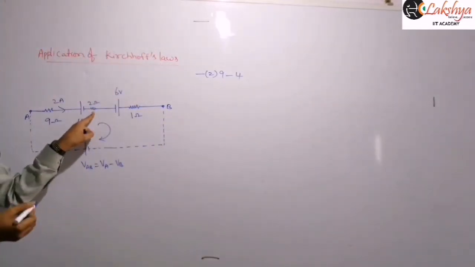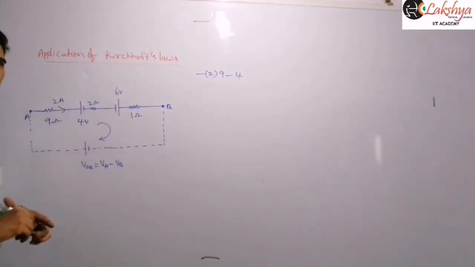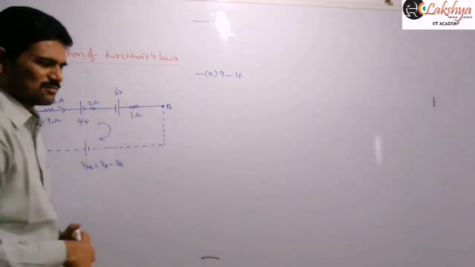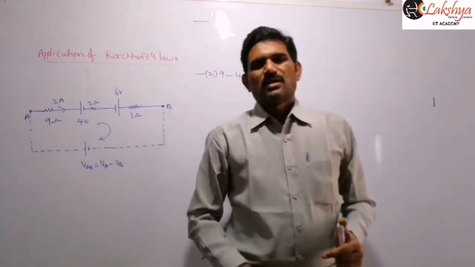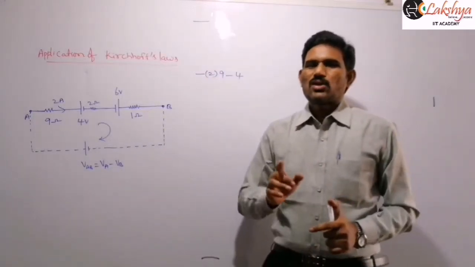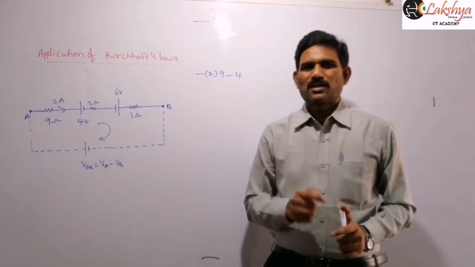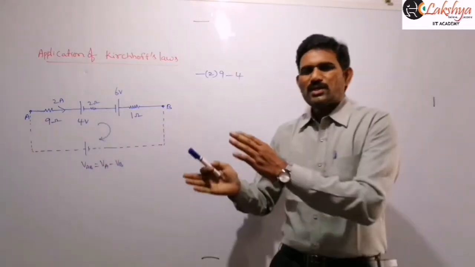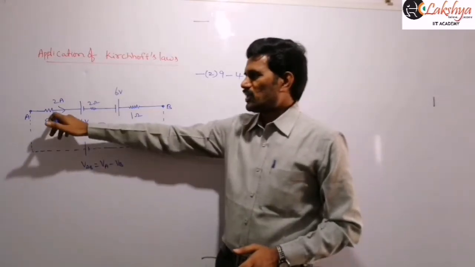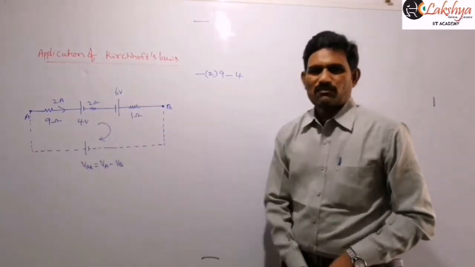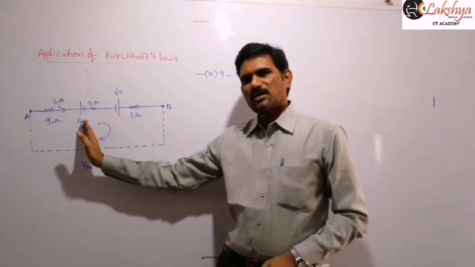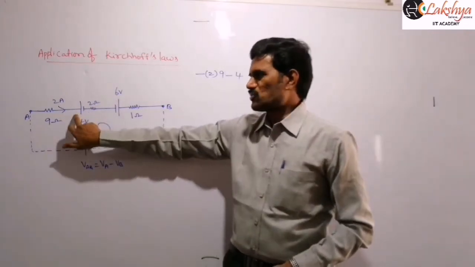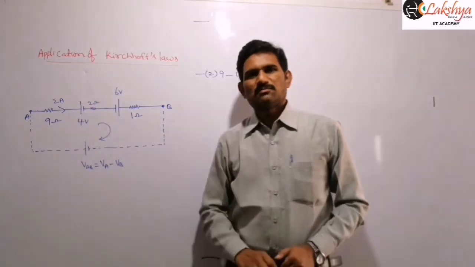Next there is a resistance, and here you may get the doubt: how much current is flowing in this resistance and in that resistance? Is there any such doubt? There is only one path from A to B. When only one path is available, the current flowing in that path will be only 2 amperes, whether a cell or any other resistance is connected, or whether the positive terminal is on this side or the negative terminal is on this side.